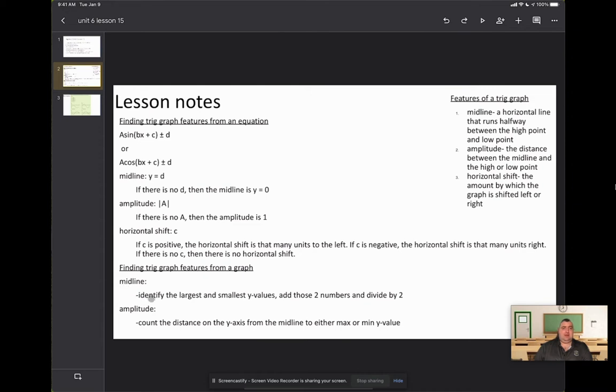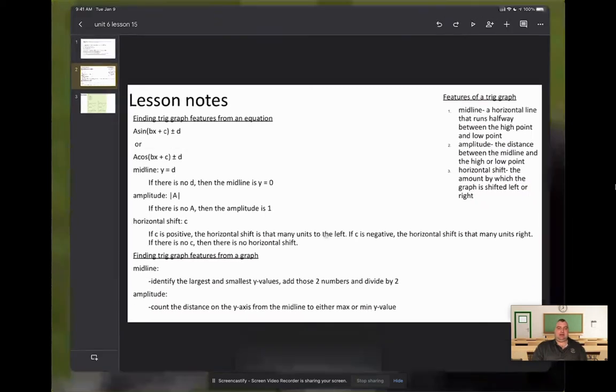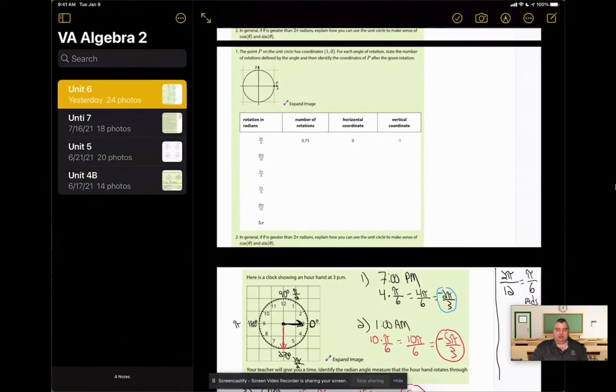So to find the midline, remember, the midline is halfway between the highest and the lowest y value. So if you identify the largest and smallest y values, add those two numbers and divide by 2, that will give you that horizontal line in between. And of course, the amplitude is just the distance from the midline to that high or low point, the max or the min point. So with that in mind, let's go ahead and quickly go to the examples